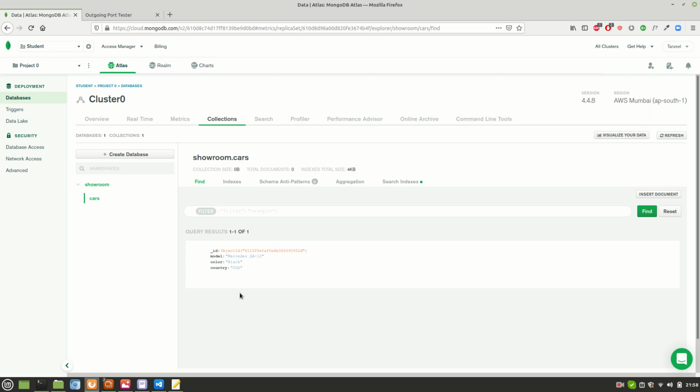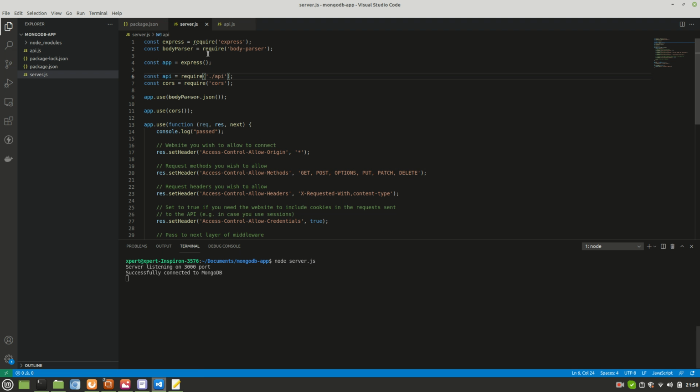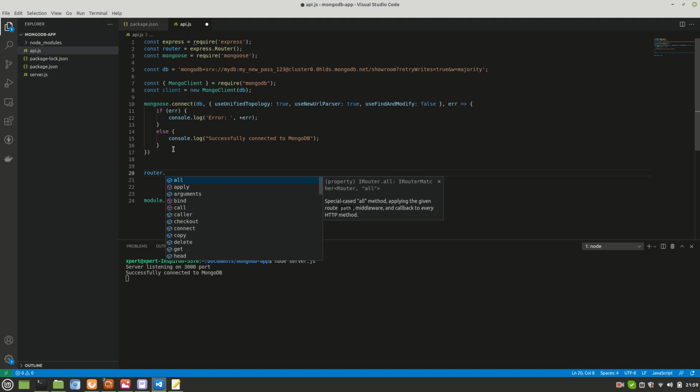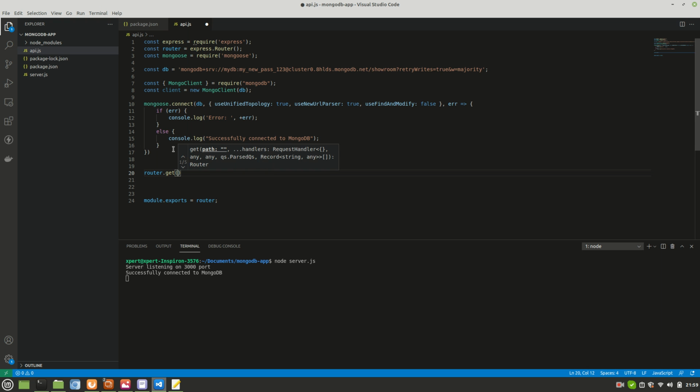Now we'll go back to the code and we'll write the code to read the same data. Go back to the VS Code. Server we don't need, API JS is enough. We'll do all the coding here itself. So okay, here we'll start writing the code. After the connection is successful, router dot get method we want, and the API endpoint that we want is cars.